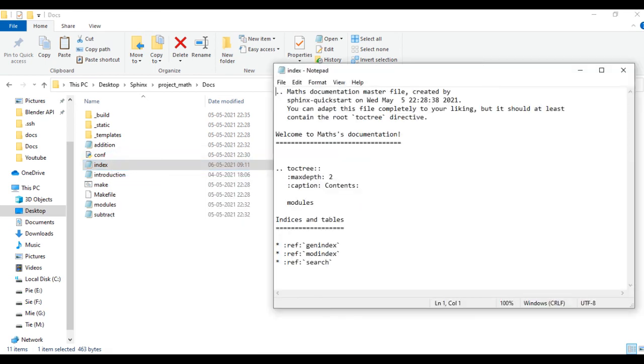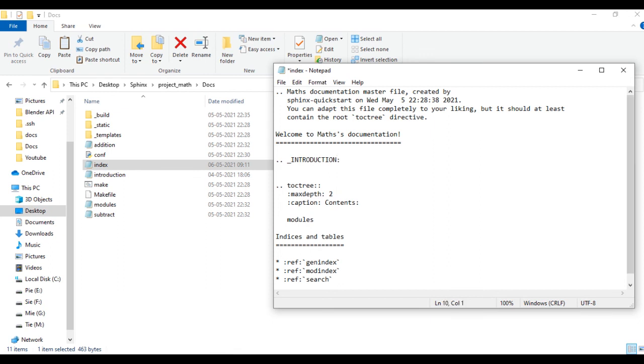To add any file or to add any heading, here we have to follow a markup syntax. For a heading it is dot dot underscore our name, like here I'm going to give the heading as introduction colon, and this is the format for adding a file in markup.